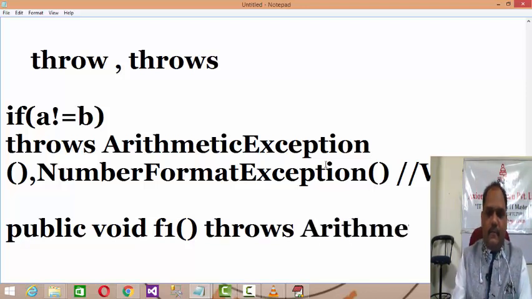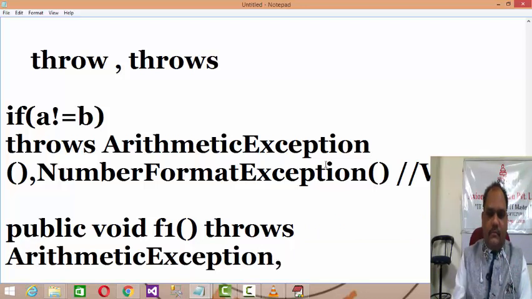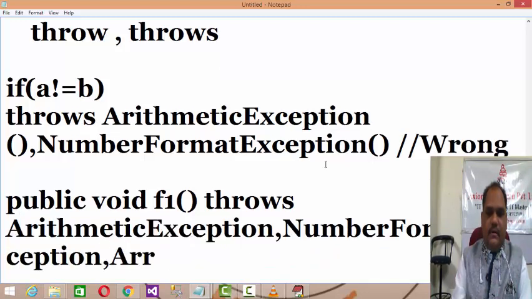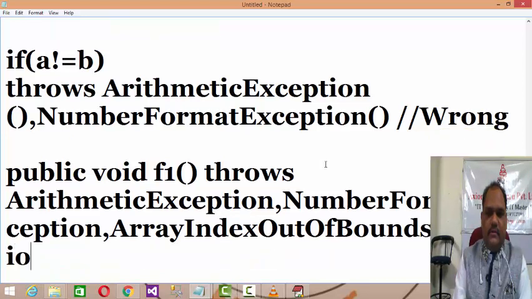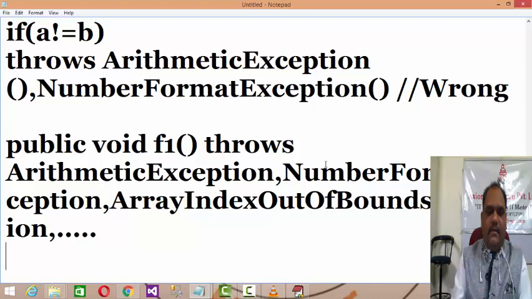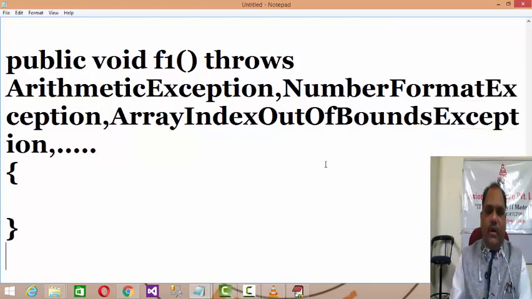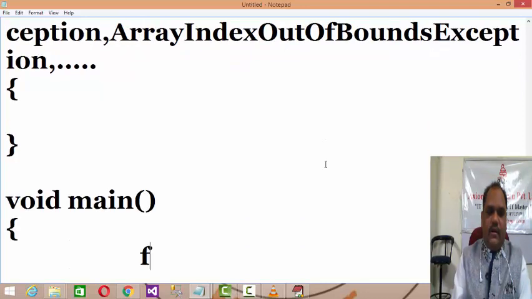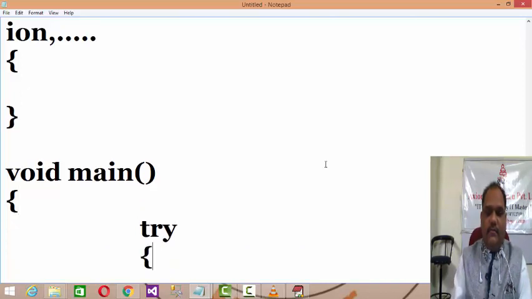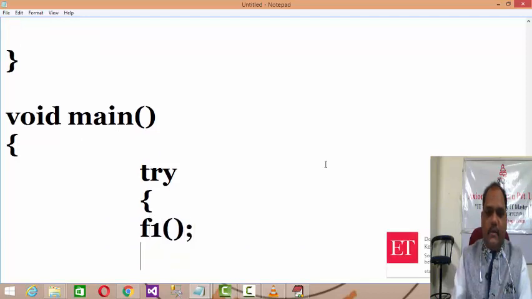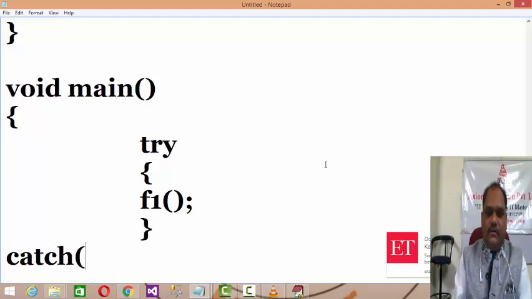Throws arithmetic exception, comma, number format exception, comma, array index out of bounds exception, and many more, and then the definition. So wherever you are testing this method, if you are calling this method, then you must put it in the try block and catch all the exceptions which that method is raising,